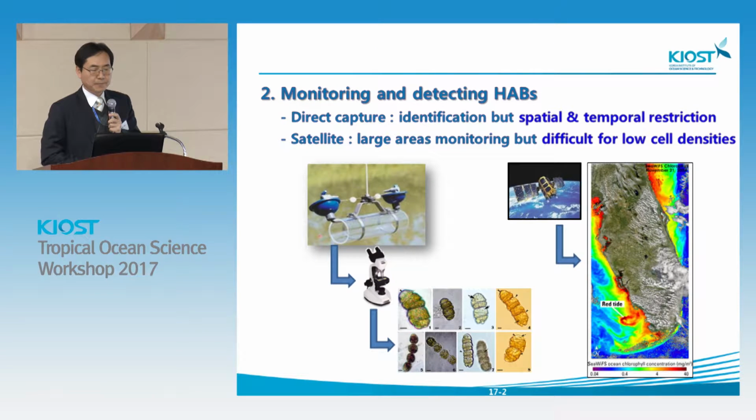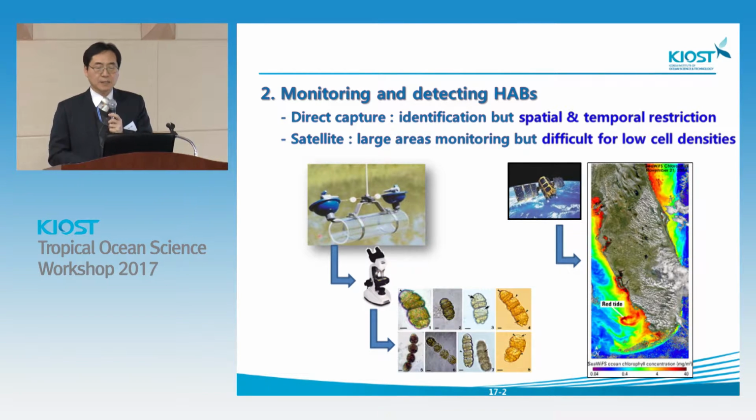Monitoring and detecting HABs has been done by direct capture and also by observing those cells under the microscope. These days you can use something like FlowCam or others. But still, the capturing method needs time, money, and labor, and also you cannot cover a large space, and